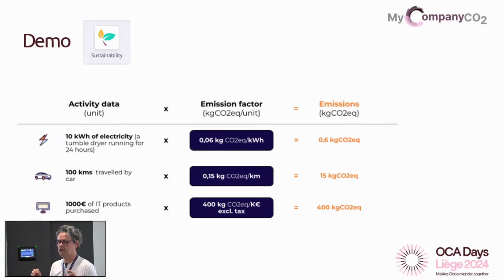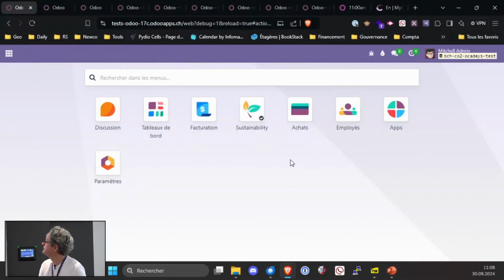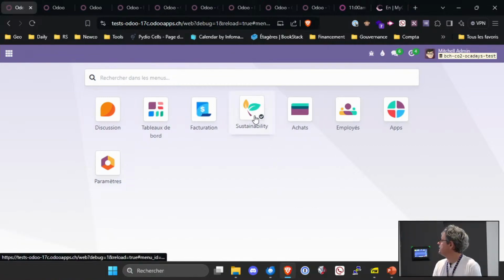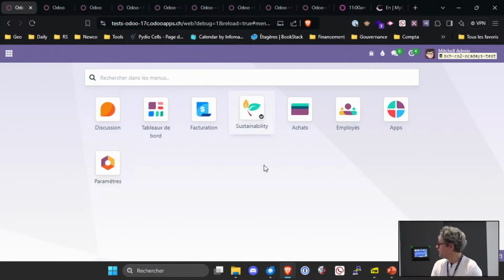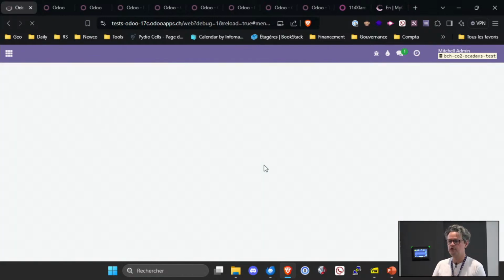That's the only thing you need to know to understand the entire module. Everything is based on top of this. So let me jump into the demo. So this is a sustainability module. I have forgotten to mention that we have also integrated the demo data. So as soon as you install it with the usual Azure Interior and the tables and the chairs, we have added some emission factors on top of it so that as soon as you install it, you can see what is happening.